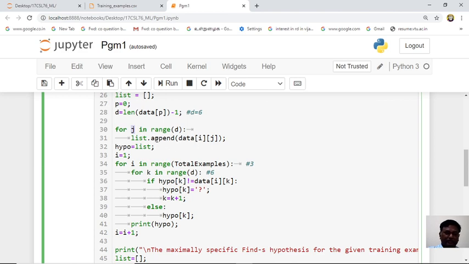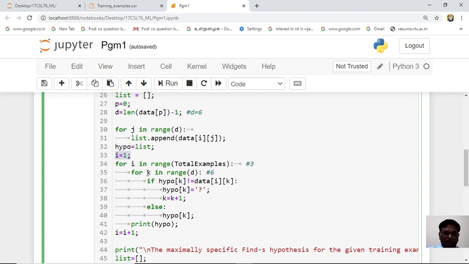One by one it takes all the values and saves the result in this list variable. So one by one all the attributes are taken, each and every value, and it is stored in hypo. What is the initial value of hypo? It is empty. Now we will take the first data x1, x2, x3, x4, like that repeatedly we have to do.